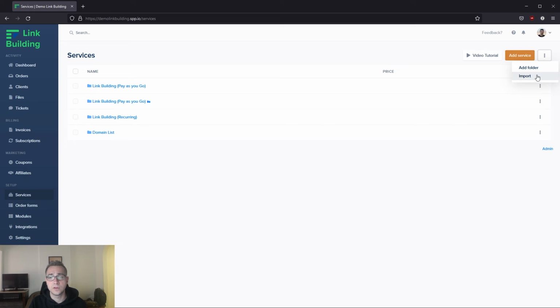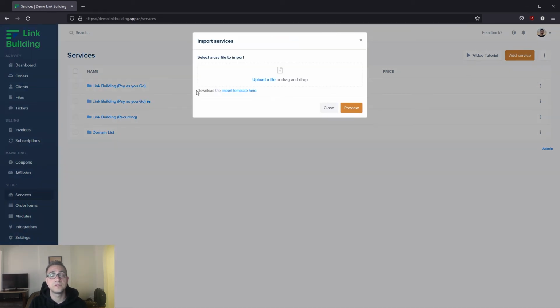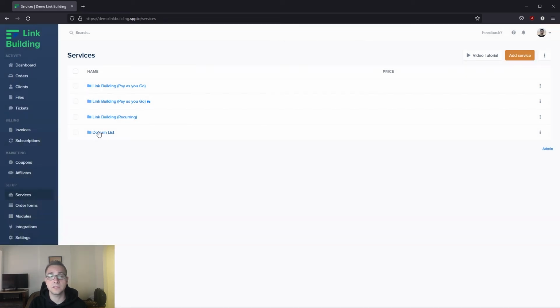If we go ahead and click on import from here, you're going to be able to see that there's a template that you can download by clicking on the button here. Once you've added all the domains to your template and saved it, you can drag and drop it directly into the importer here and click on preview to then import all of your services into a folder. Once that's been imported, you can rename the folder to something like domain list like we have here